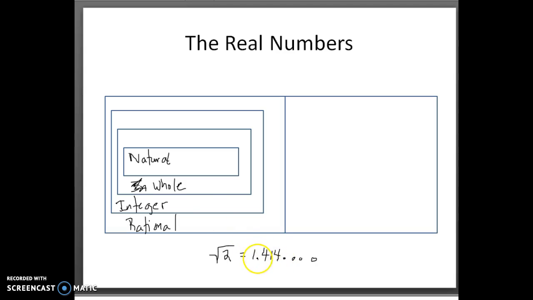A number like square root of 2 is a decimal that doesn't terminate. It keeps going forever. And it also doesn't have a repeat end, which means a series of numbers, sometimes just a single number, that repeats over and over again so that we can predict. The numbers just kind of at random, the digits keep going and going. So what we call these numbers are